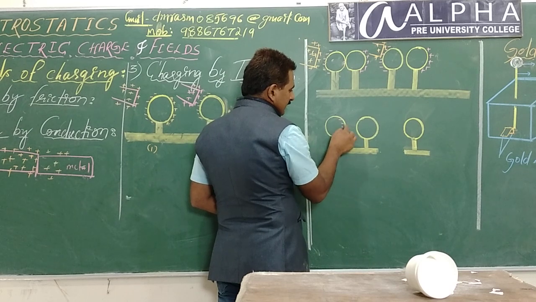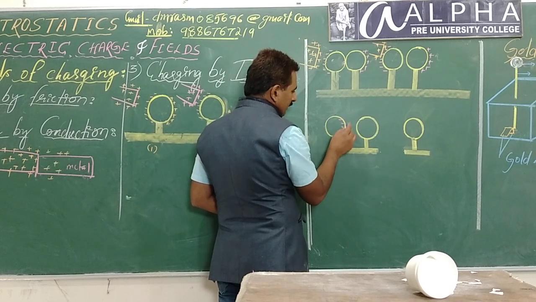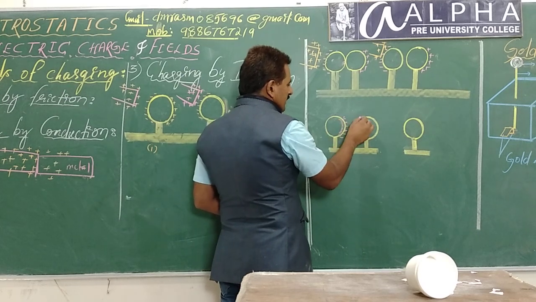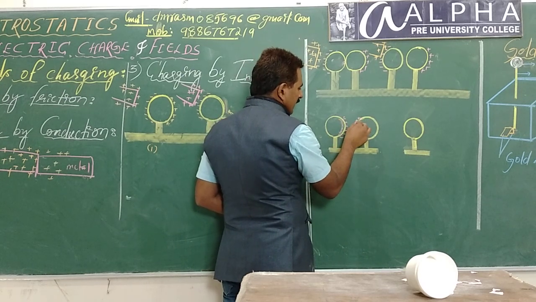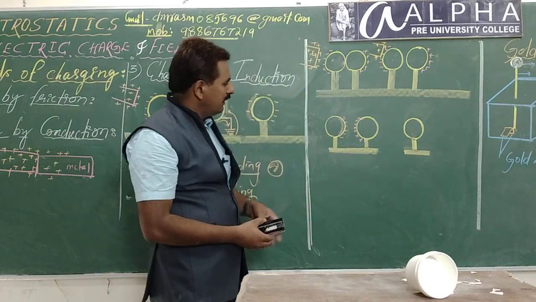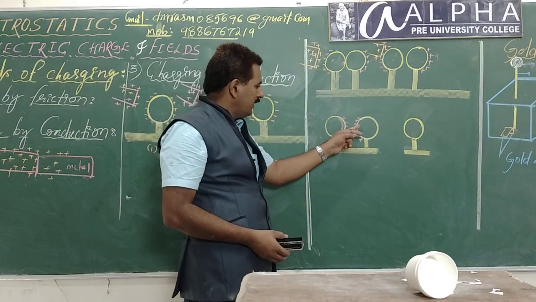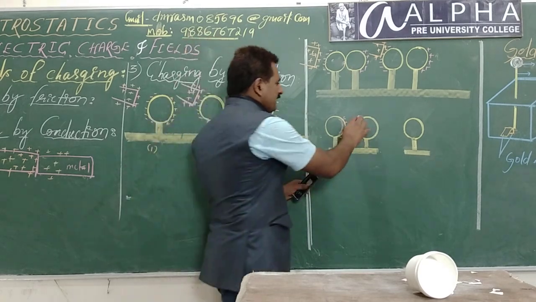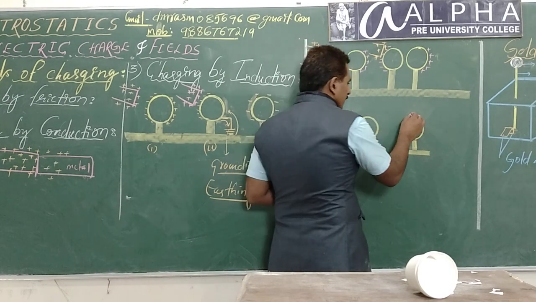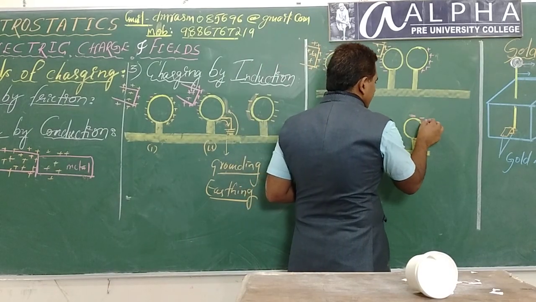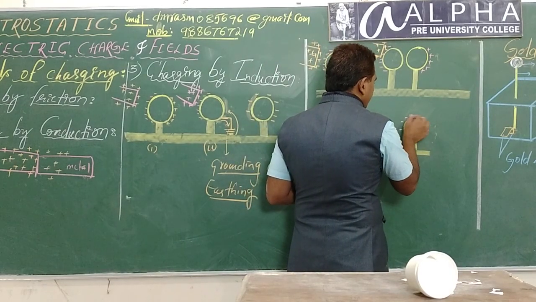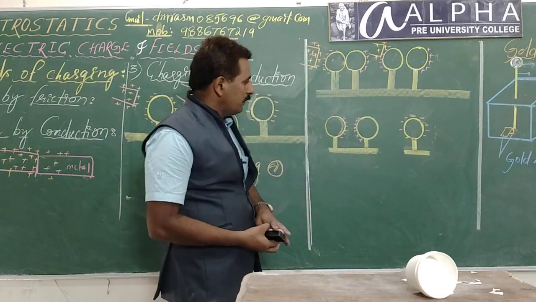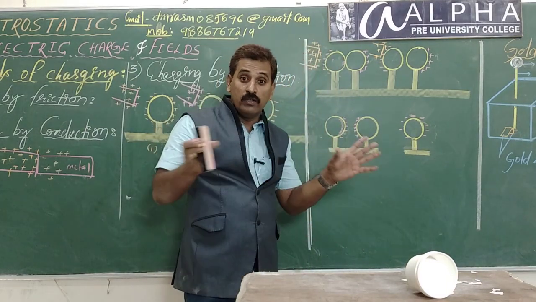Of course, on the surface. I am writing here. Actually, it will be here. Negative charges, and positive charges come over the surface. Why? Because of attraction. Very simple. Because of mutual attraction, they come over the surfaces nearer to each other. That's it. If you take this conductor away, then only this left side conductor will be left with net negative charges distributed all over the surface uniformly.